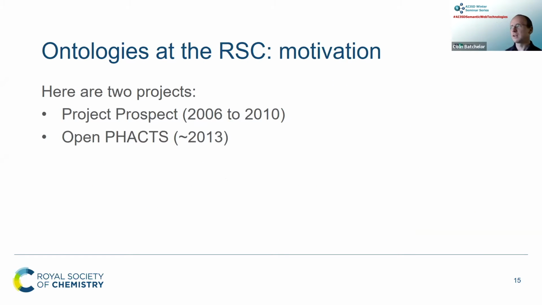So moving from something that isn't intended as an ontology as such and is of completely general application, let's move over to chemistry and let's talk about some things that are actually intended as ontologies and these sort of things that we've put to use for. I'm going to talk about two projects. There's project Prospect, which is how I got into it in the first place, and there was a later project, Open